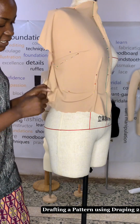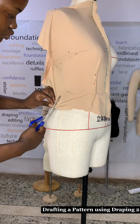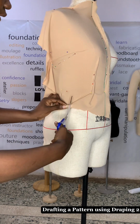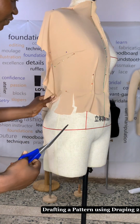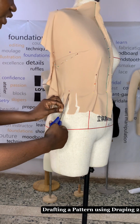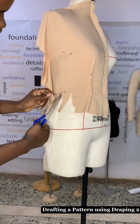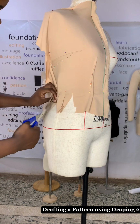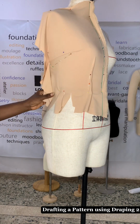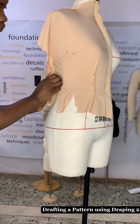So now when you see areas like this that are folding up, what you need to do is to create a notch. So give a notch. You're cutting this a bit. Can you see now that I relax here as well? So that everything, you see how you relax, just the same way you do when maybe you're sewing the neckline of a garment and you need to put a notch just to relax. But you realize that I'm trying not to totally get to the waist area, just below that side, and then it gives me a relaxed mode of the fabric. Okay,